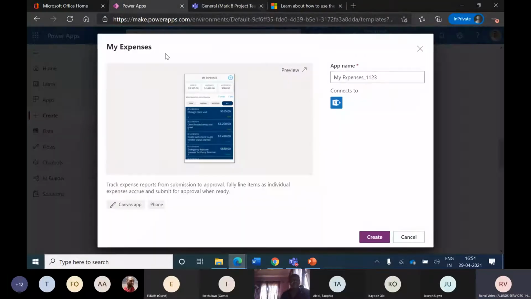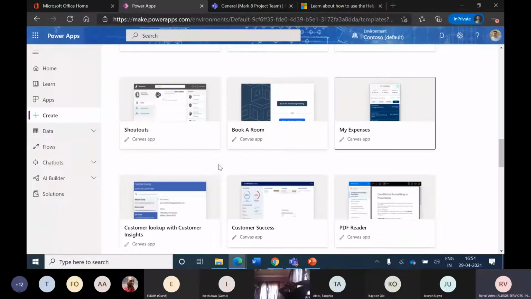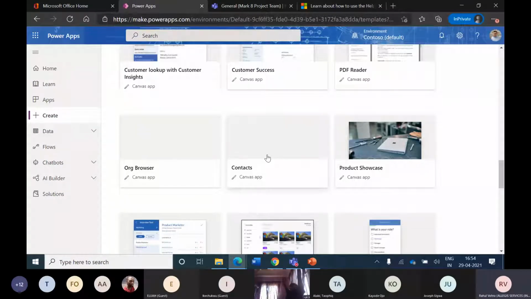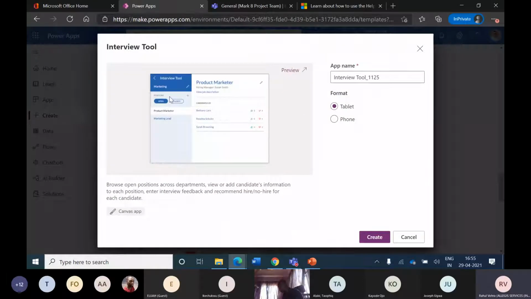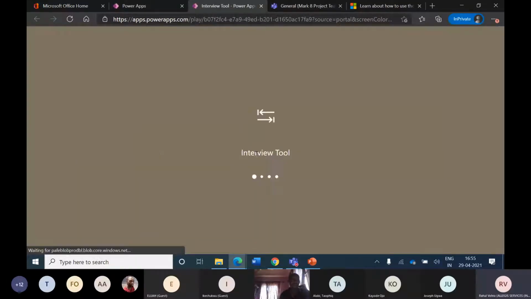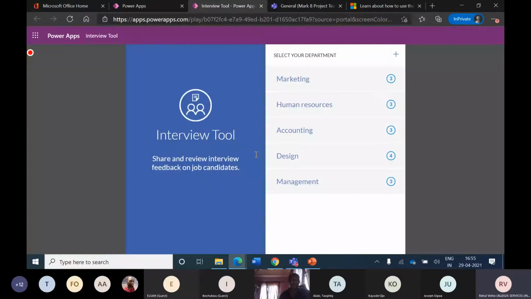So this basically provides us with the kind of professional-looking layout and the experience these ready-to-use apps provide to us. As you can see here, we are seeing the preview, but at the same time we have the option of going ahead and creating these apps, which in the beginning ask whether we want it for a tablet or a phone.